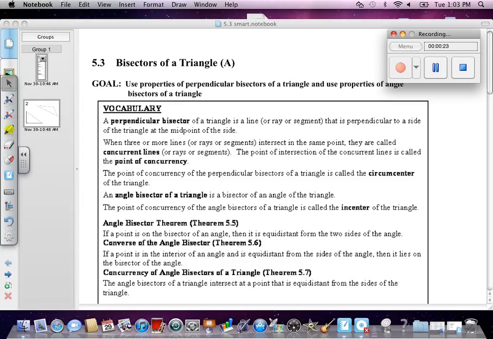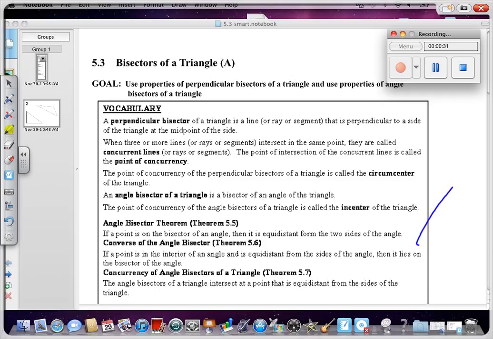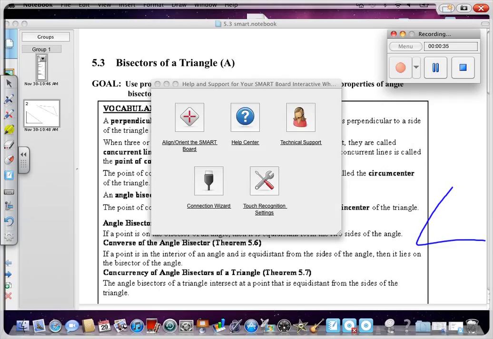An angle bisector is a bisector of an angle of a triangle. The point of concurrency, we remember, is where they all meet. So an angle bisector is where